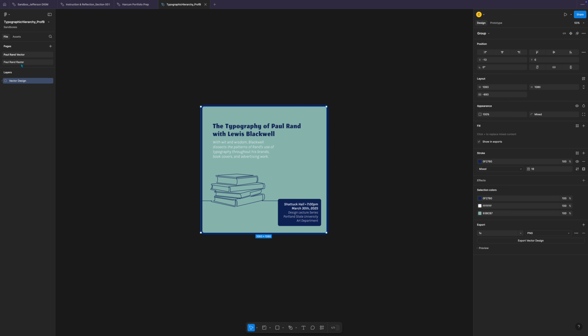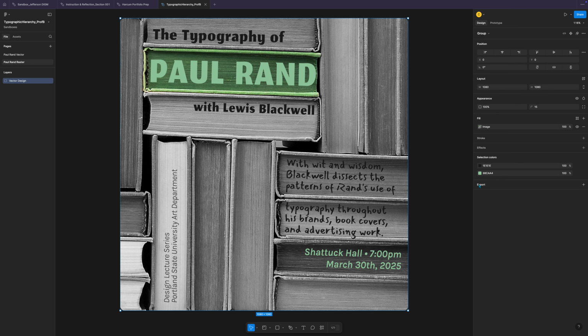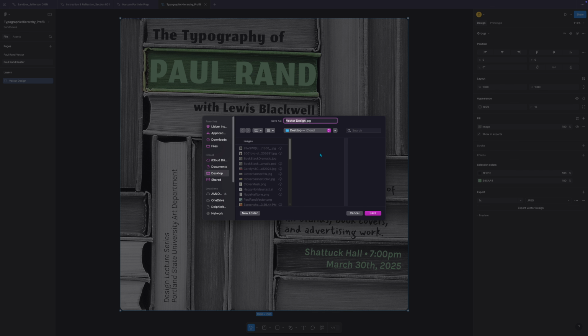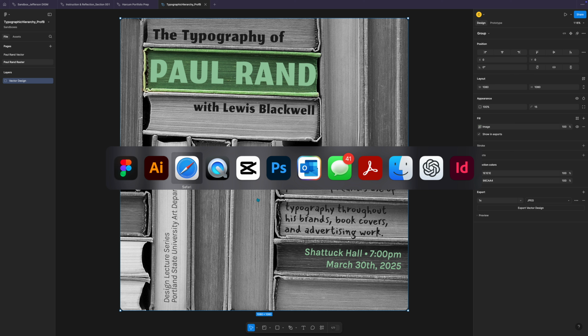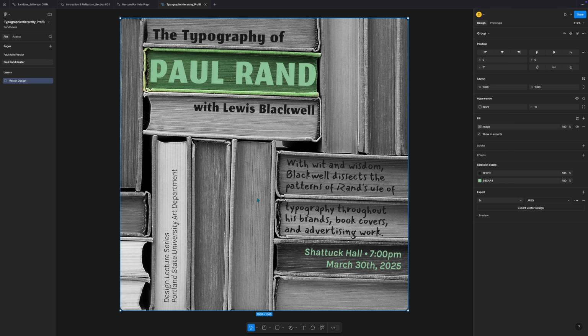And then I'm going to go over to the raster image that I did. I'm going to do the same thing at the bottom, export. This one I'm going to do as a JPEG, and then export, and I'm going to change the name again to Paul Rand raster. You can name it whatever you want. In this case, you are working on the typographic hierarchy, but just to show you what those look like,